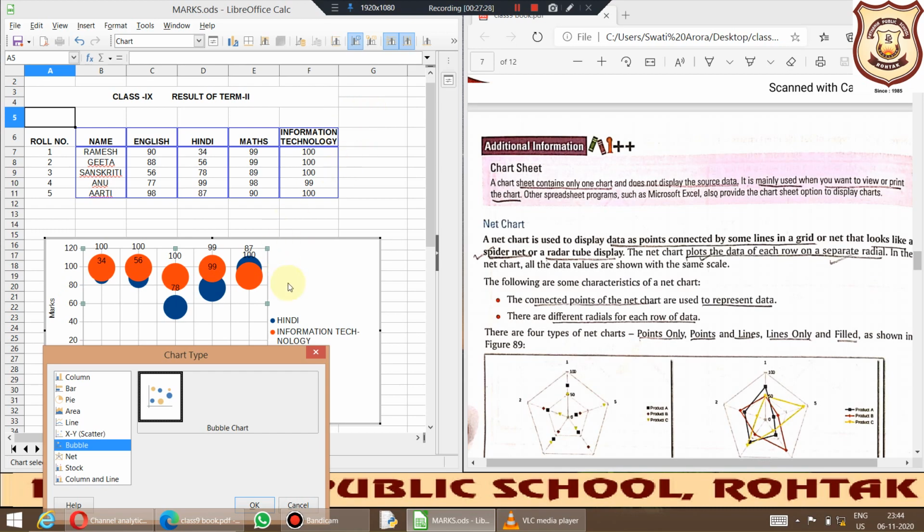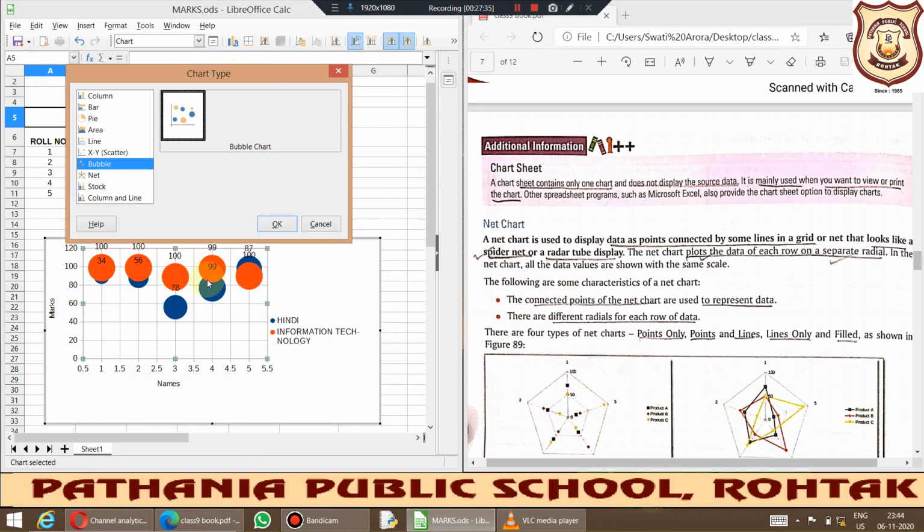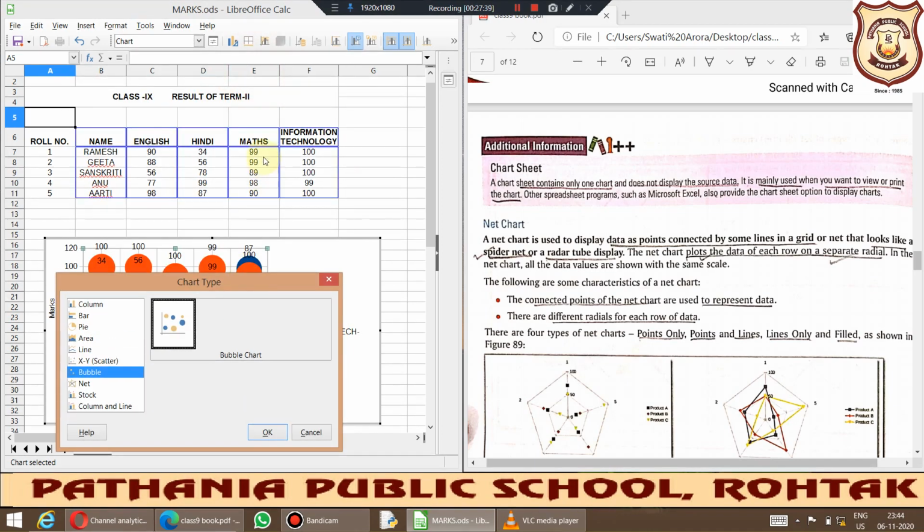So this chart has been embedded inside LibreOffice Calc. Somewhere you will read this concept, embedded. In your worksheet, this is your data source where the data is lying, and this is your chart. So chart plus data source is embedded in your worksheet of LibreOffice.